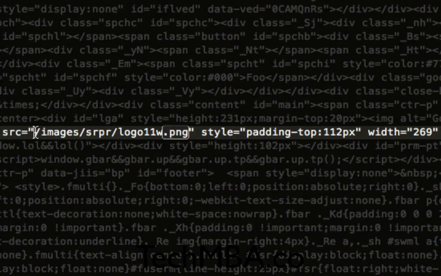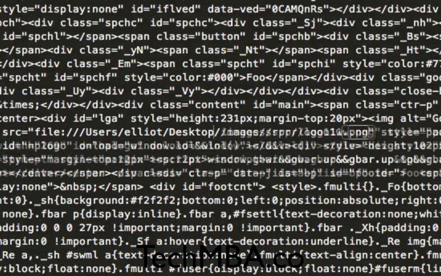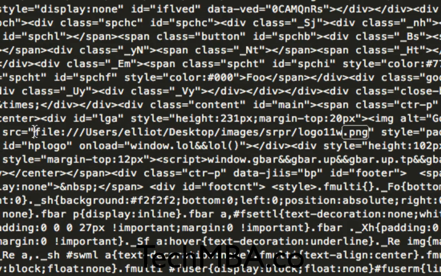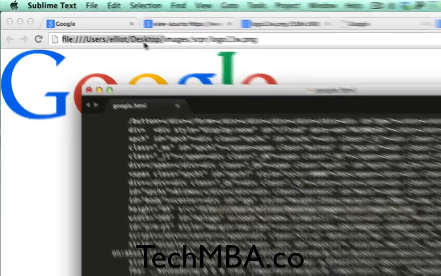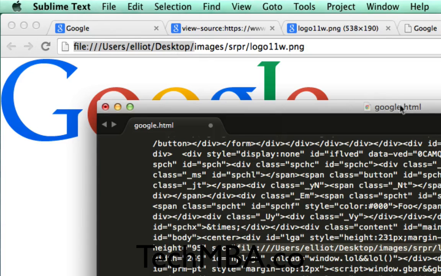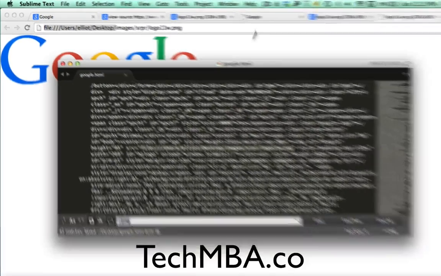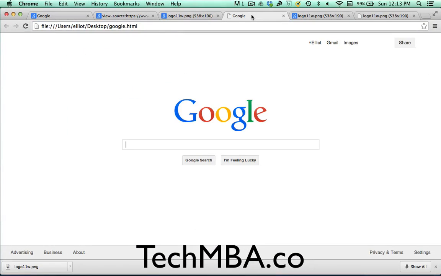And what you notice here is that there is a slash. And what we're going to do is we're just going to go ahead and add the information in front of it. So that what I just highlighted here is the exact same as what is up here. And then we go ahead and save it, and then refresh, and we now have the Google icon, the Google